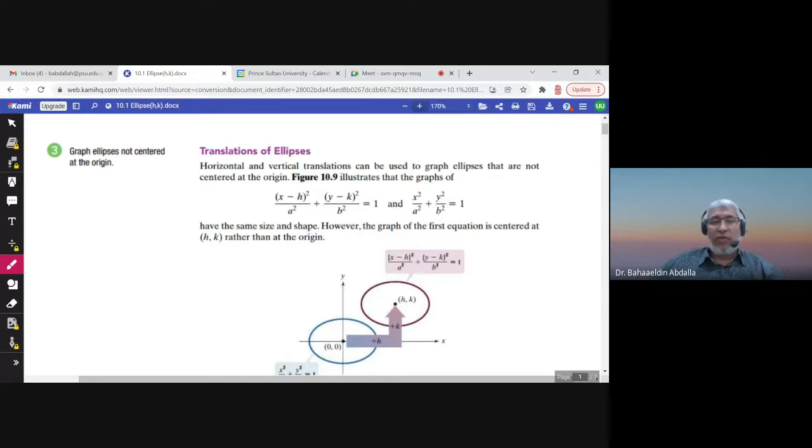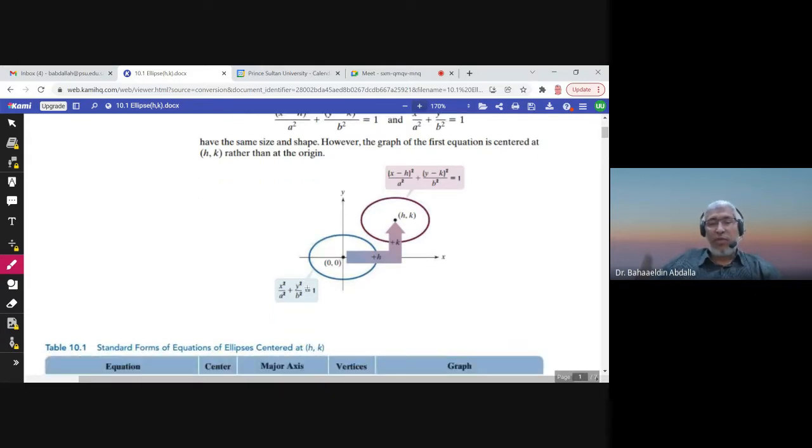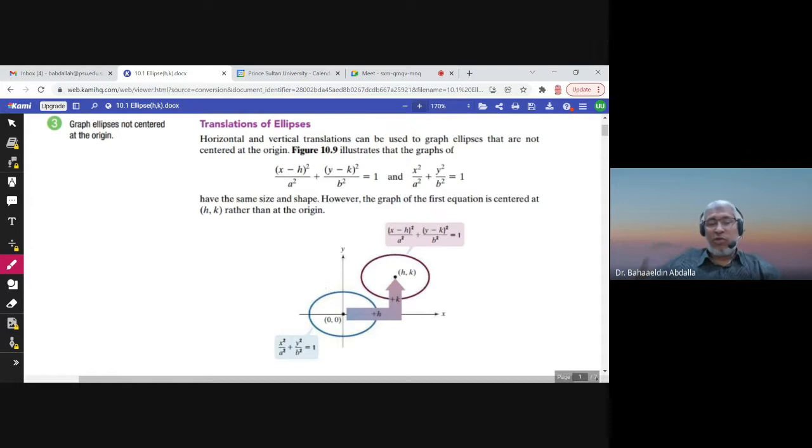In this video, we will talk about translation of ellipses. So we studied in the previous video, and please watch the previous video before coming here because this one depends on that. We studied that the ellipse with the center 0, 0 and horizontal ellipse in particular has the equation x square over a square plus y square over b square equals 1. Now, today we want to talk about